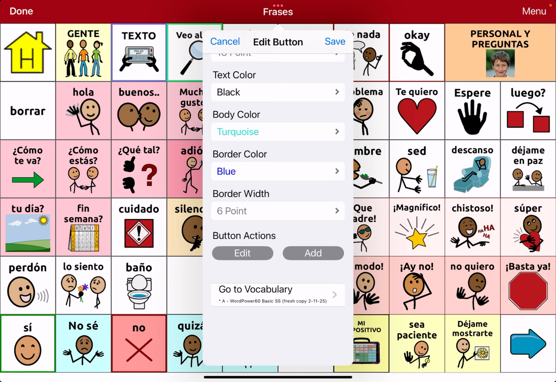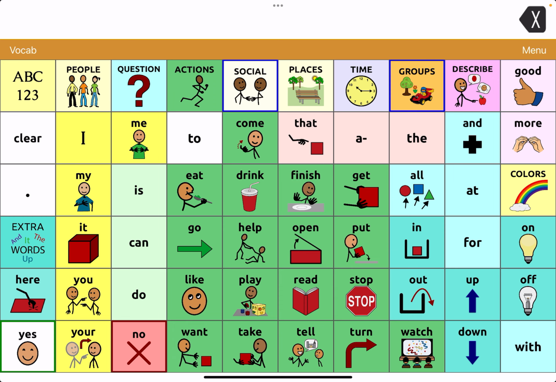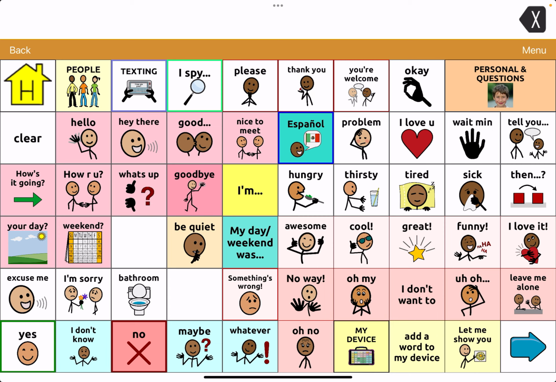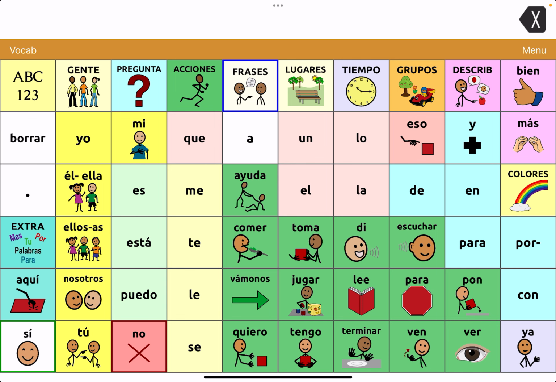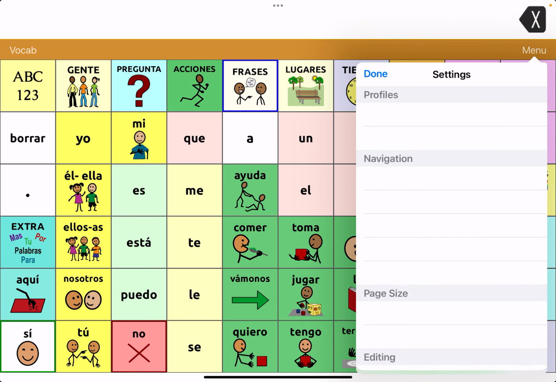Create a button in each of the vocab files with the go to vocabulary button action, and then you pick which specific vocab file it's heading to. All right. Then I'm going to tap English and social, and same spot, Spanish. All right. And then over in menu and settings,